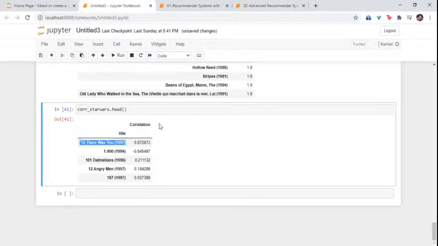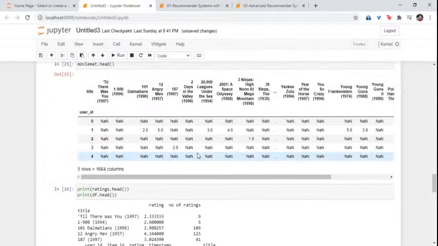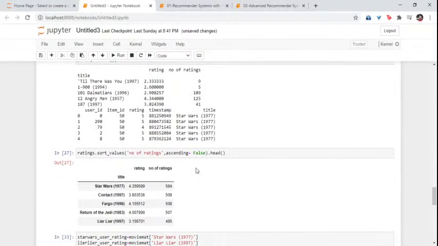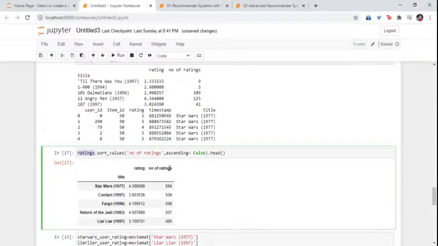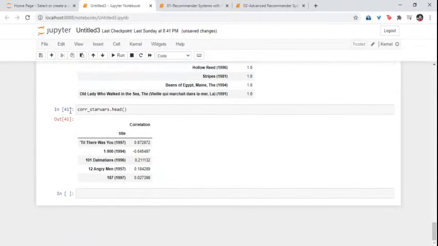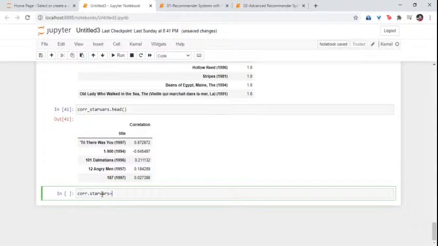So I can have another column of number of ratings. We have this column in the ratings head, num of ratings. So ratings has the column num of ratings, so we will take this column from ratings and put it here in corr_StarWars. How will we do that? We will say corr_StarWars equals corr_StarWars